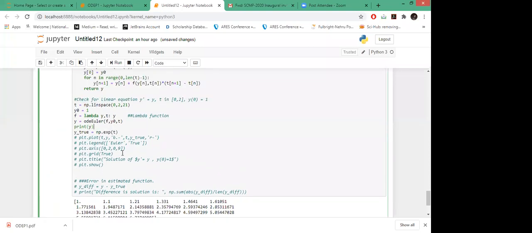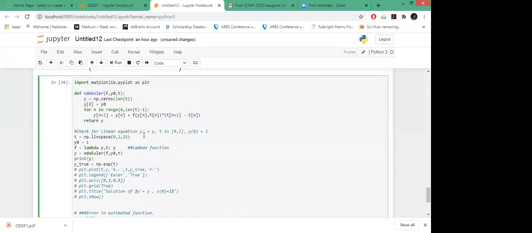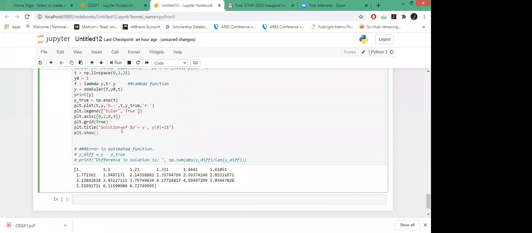You also know that the direct solution you can check. Let's check how well they have estimated the solution. This is a kind of approximation. In numerical methods, we usually get an approximated solution. So for this, we have y true because we also know the direct closed form solution. I've defined this as exponential of t, and then I will plot this, and we can see graphically how these solutions are.